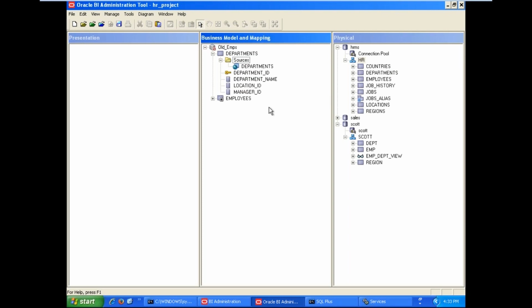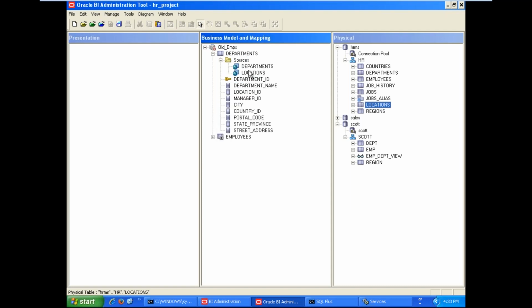Now on top of the departments we have locations, countries, as well as regions. Now how to merge them as a denormalized table? These are all normalized tables. On top of the employees we have departments, locations, countries, and regions. Now how to merge them as one table? Denormalized table means merge the relational data and keep it in a single table. That is denormalization. Now on top of the departments we have locations. Select the location table and add it to departments like this. Expand sources, then drag and drop to sources like this.